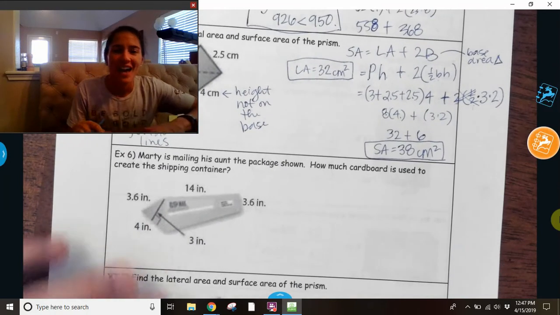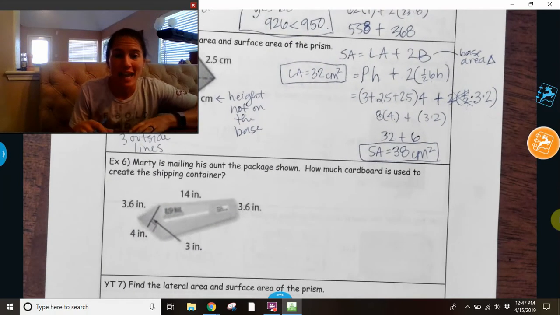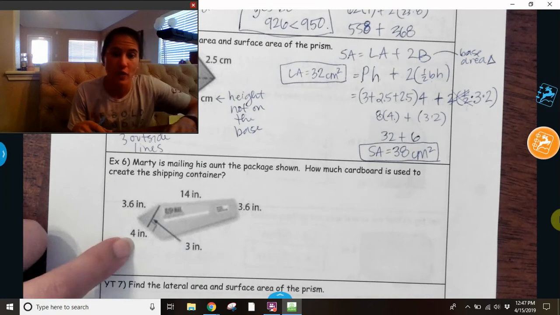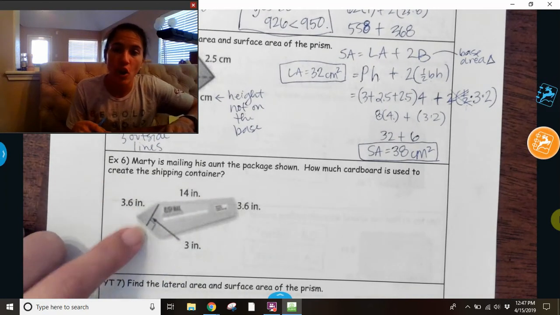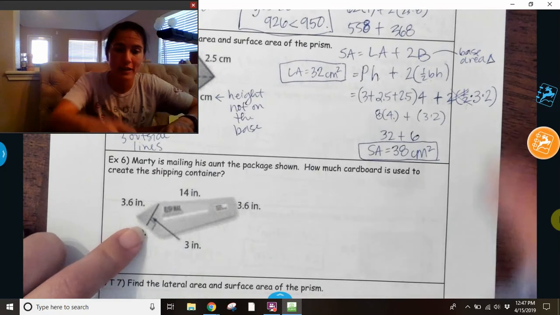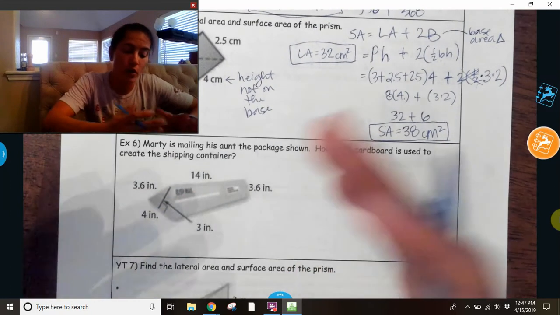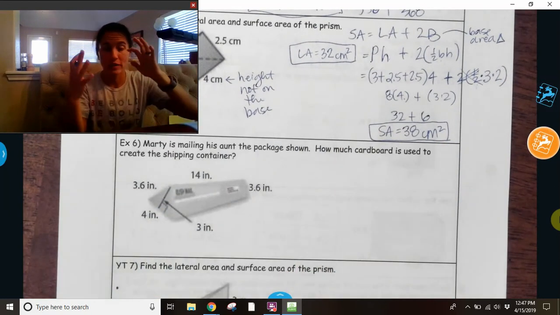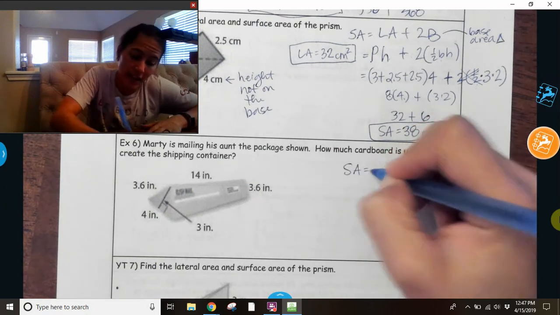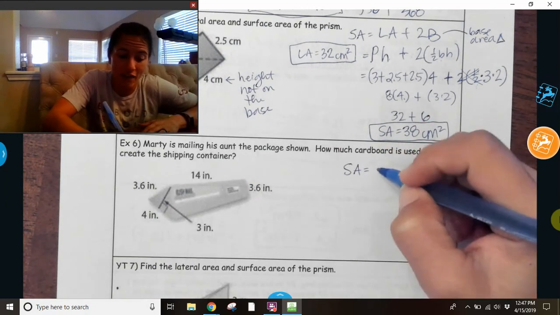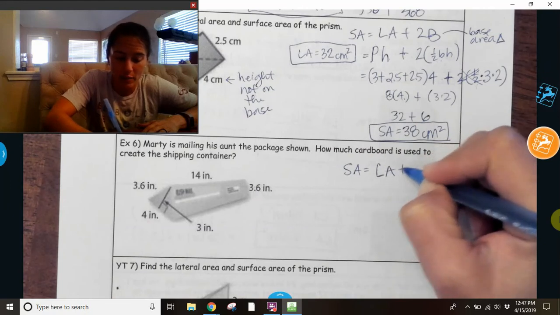All right. Marty is mailing his aunt the package shown. So we have this nice cardboard, triangular prism cardboard box. How much cardboard is used to create the shipping container? Now, the cardboard goes on the outside, so that's why this is surface area, because it takes the outside. And it's not asking for just lateral, it's asking for everything. So LA plus 2B,